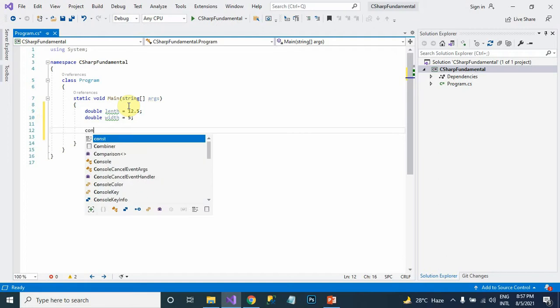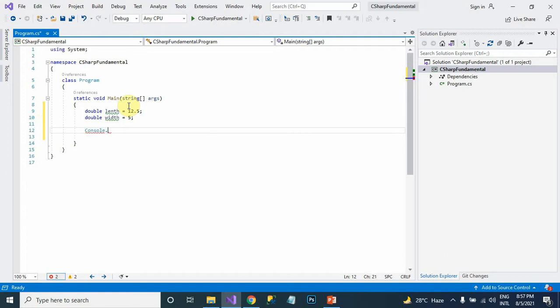Now we are writing Console dot Write and WriteLine. If you write WriteLine, it will change the line when you give the input to the system, and if you use Write, it will not change the line.